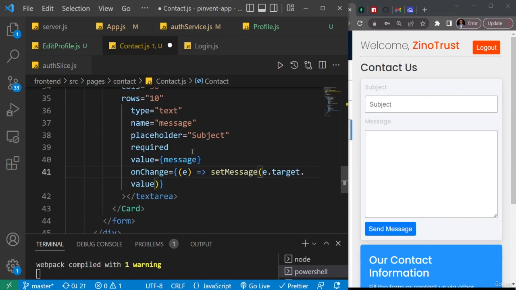Type text. Okay, it doesn't need a type. That's what I was looking at. It doesn't need a type. Okay, so now what do we have next? We're gonna have a button. So before the closure of the card, I'm just gonna come here and add a button, and then the button is just going to say send message, and then it's going to have a